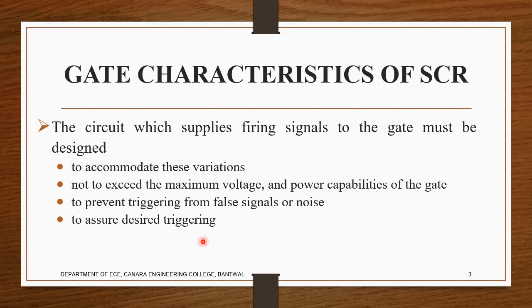To assure the desired triggering, it has to say, okay, I want to trigger at that angle. For example, at 90 degrees, that much voltage has to be applied, so it has to trigger at 90 degrees. If it triggers at 89 or at 91, some kind of complication in our process might be affected. So it has to be very sure, but usually we consider a plus or minus 5% delay as a problem that we have to bear with.